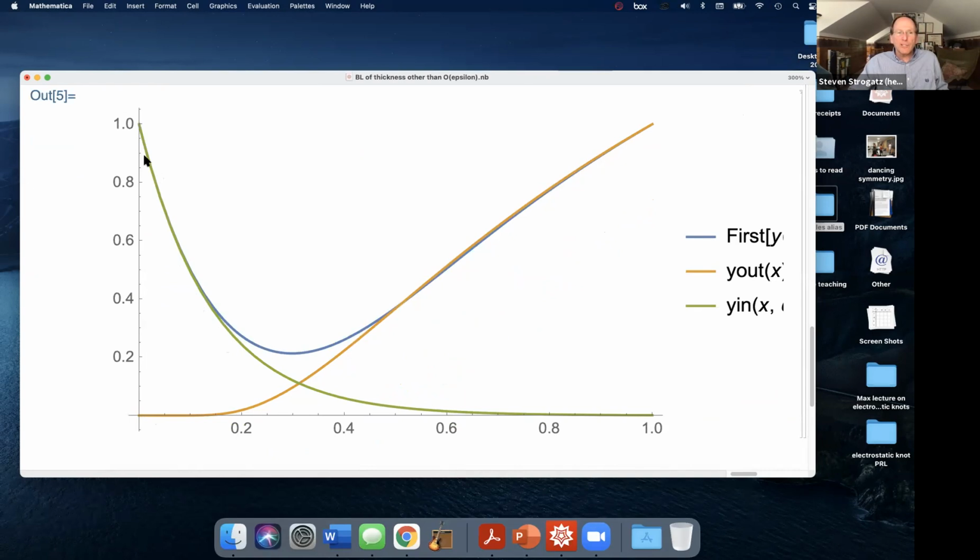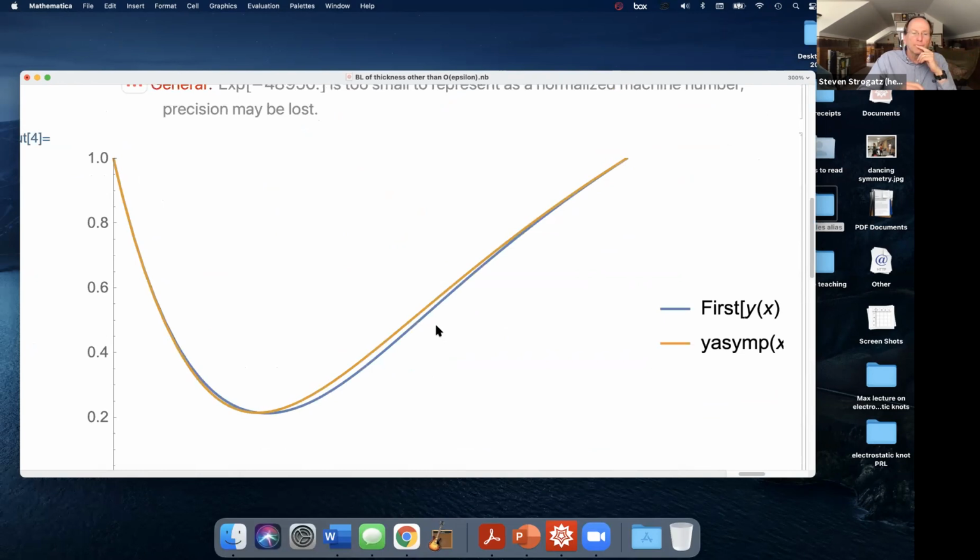And look at, although it's decaying, it's taking its time to decay. This is what it looks like when you have a big, thick boundary layer. And so together, when you add them up, you get a very good approximation to this blue solution as I showed above. But that's what a thick boundary layer looks like. And it's because square root of epsilon gives you a big thickness.